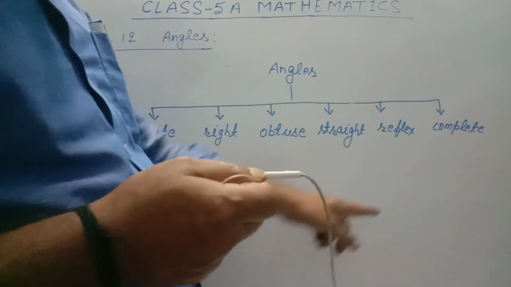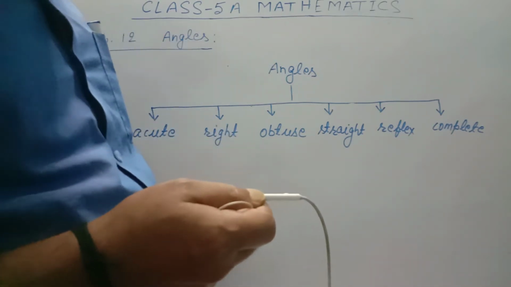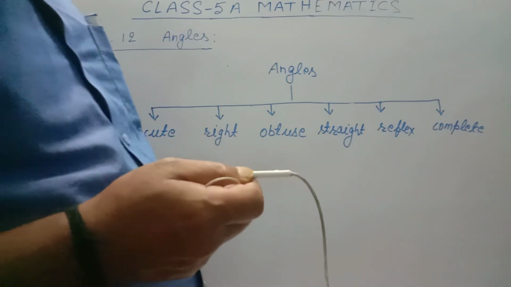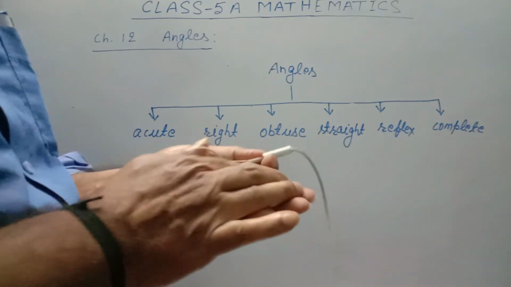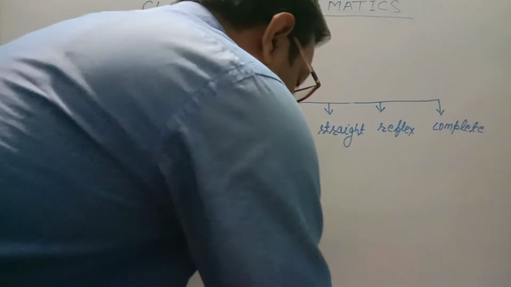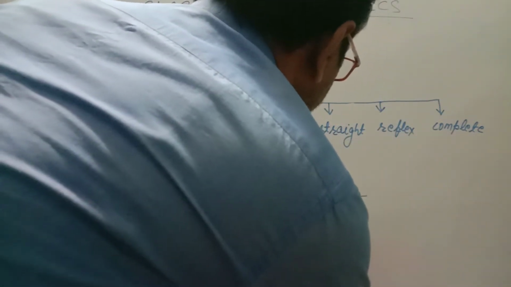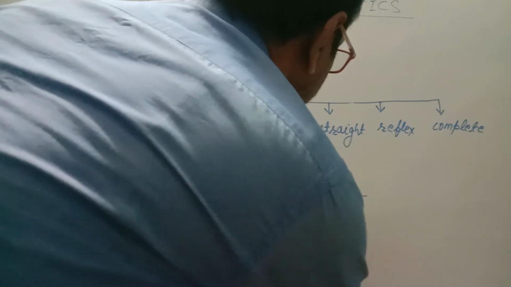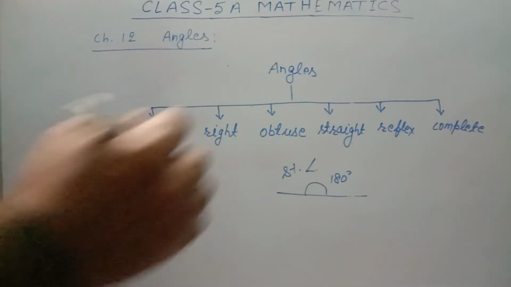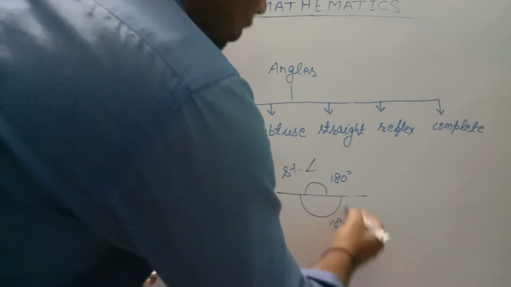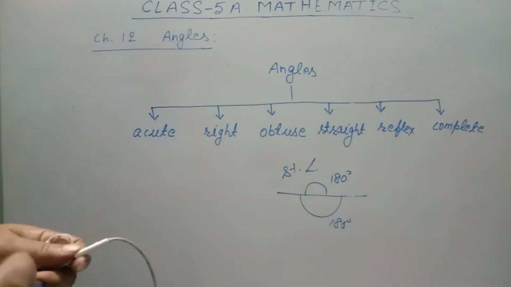And one straight line, if you draw upon that straight line and below the straight line, one angle is there, that is called a straight angle. Such as, if you draw that one side, this is 180 degrees, or we say straight line. Below this is a straight line also, you have one straight angle. So a straight angle measures 180 degrees.